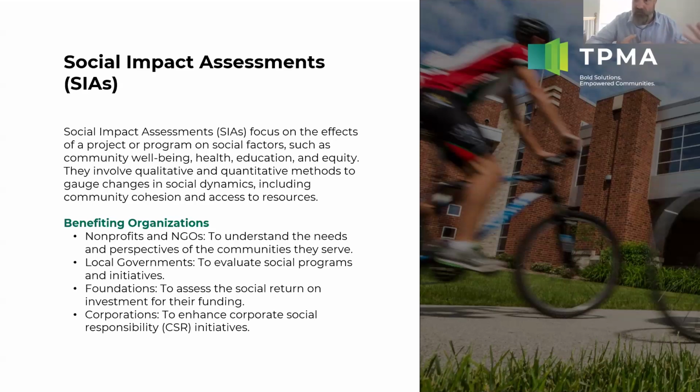And again, looking at corporate responsibility, looking at the social return. This could be things like a community garden. What does that mean? If we put that in, of course, it's going to provide some food sources, but what does that mean in terms of community engagement? There was a famous book written, I'll date myself now, when I was an undergrad in the 90s, by Robert Putnam, a political scientist, called Bowling Alone, that really talked about the breakdown of bowling leagues and civic organizations in the United States. Membership has really gone down in a lot of these civic organizations.